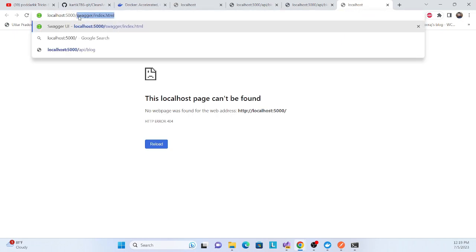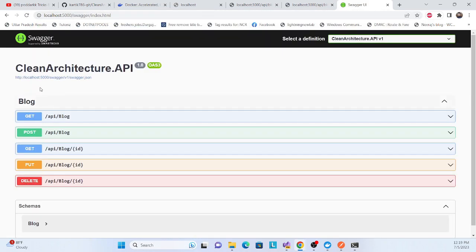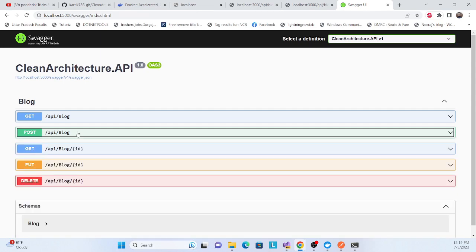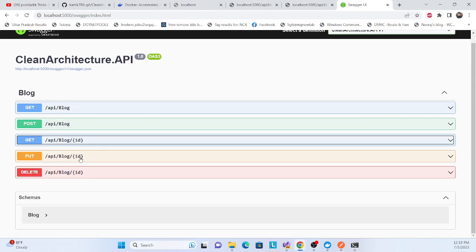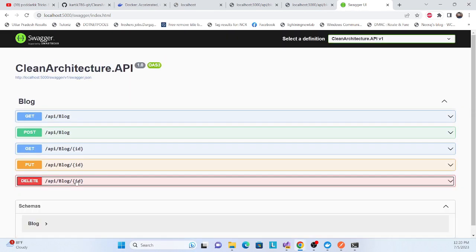Also, we have built the API using Swagger. You can use the Swagger URL, which by default is swagger/index.html. When you hit enter, see, all the endpoints are there. So you don't require any third-party tool like Postman; you can insert, update, delete and perform operations.